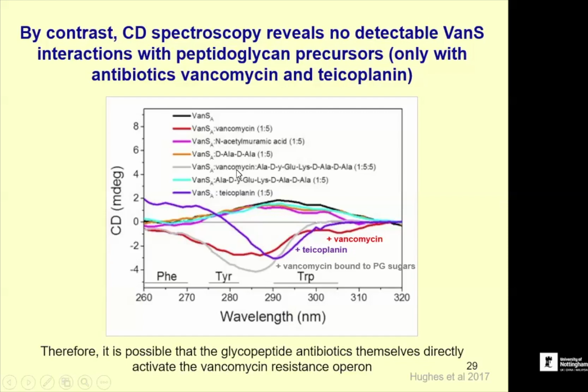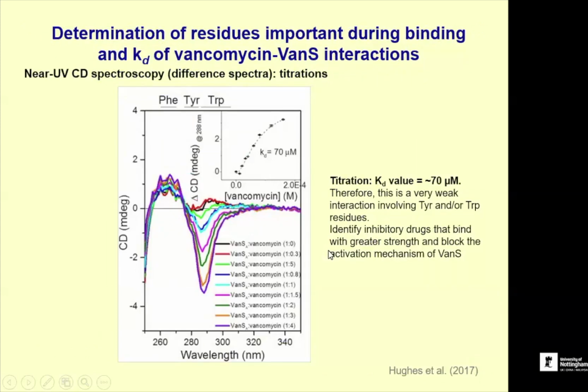The grey one is vancomycin present in association with the diala that it binds to. So again, you see the spectral shift. So vancomycin and teicoplanin are involved in binding to Van S. And we can do